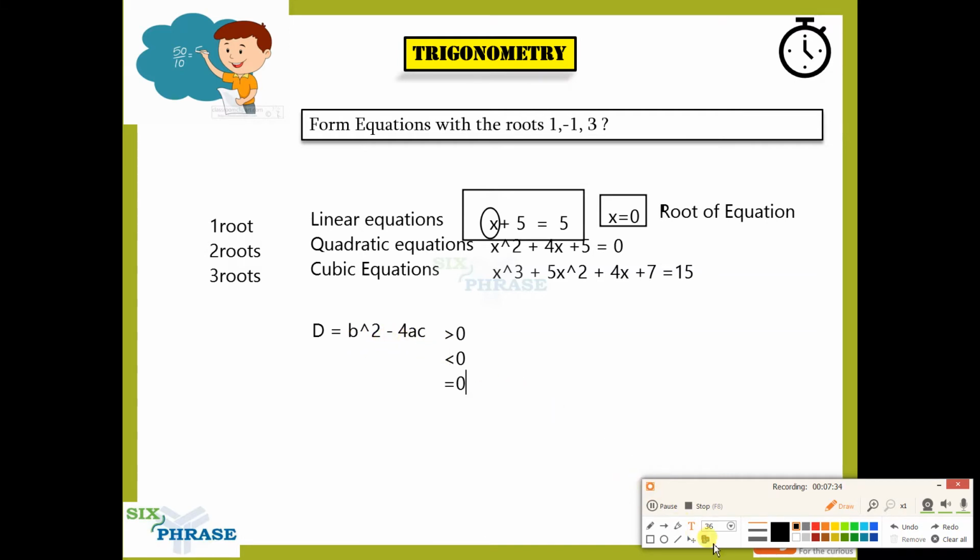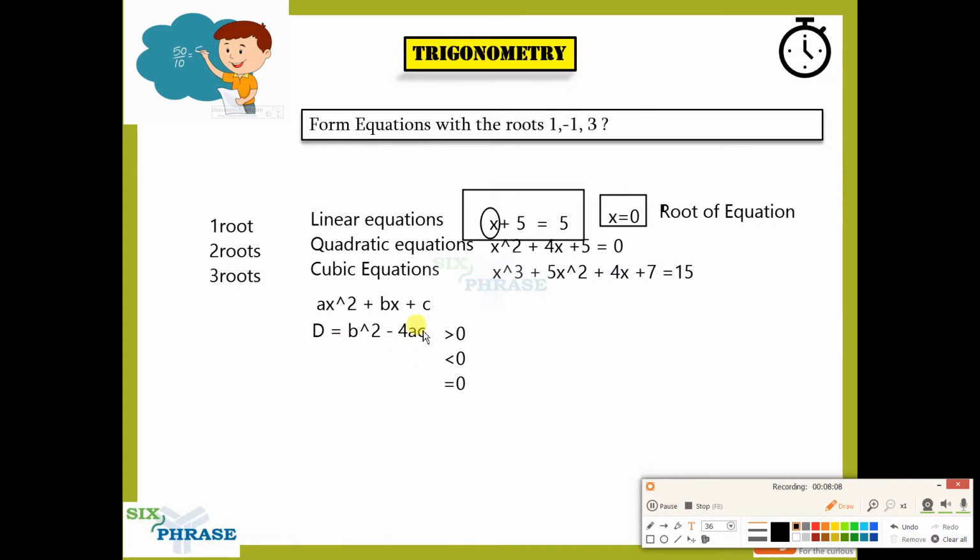Now what is this b square minus 4ac? I'll have to write this equation. I'm going to write a quadratic equation: ax squared plus bx plus c. Now you see what is a, b, c. For b squared minus 4ac, you have to take the coefficient of x squared, that is a. The coefficient of x is b, and the standalone coefficient is c. So I shouldn't say coefficient, I should say value. You can also call it coefficient.